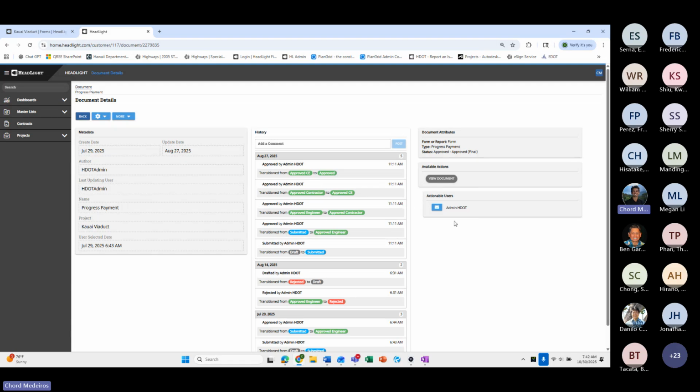If it's sitting with somebody for over 2 weeks and I wanted to check on it, I could either go to Outlook and create an email and create the email subject title and description and all of that. Or I could just come into the Headlight Home dashboard, click on the pertinent document, click into details,